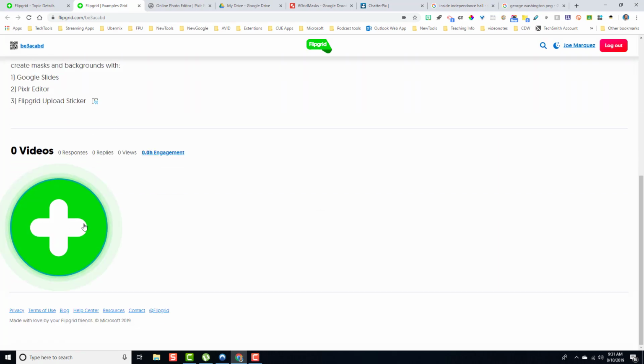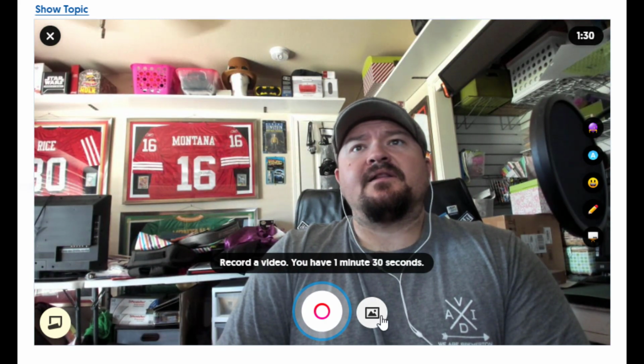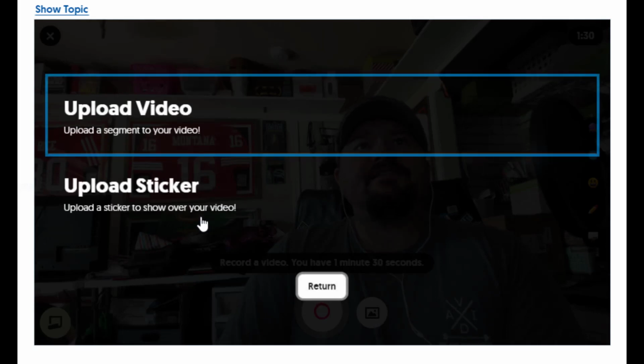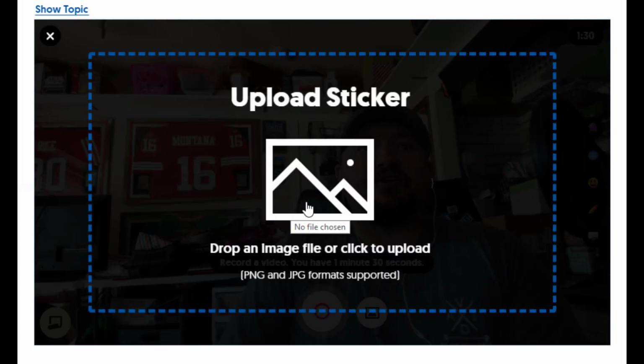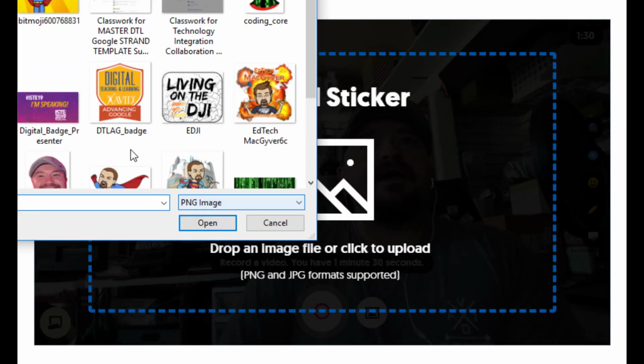They're going to click on the plus button. And they're going to click on this little button down here, and that's going to allow them to upload a sticker. And so they just click, and they're going to grab the sticker that they just made from the grid mask. They're going to open it,